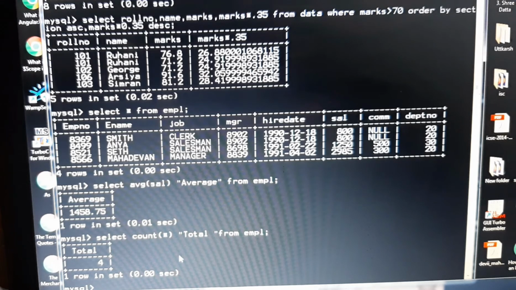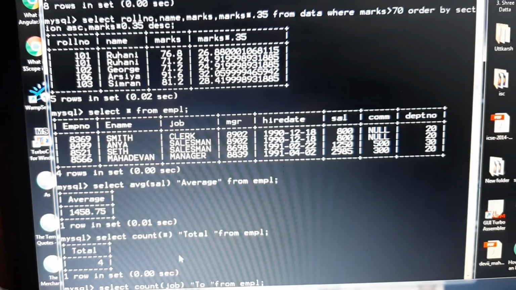Then example 3 is saying count number of jobs in table EMPL. Now here we have got a condition that how many jobs are there. So our command will change count job. And here we can change our title to whatever.